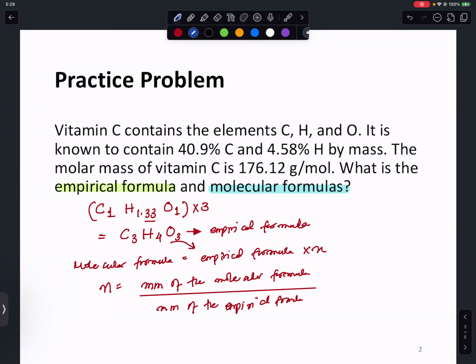Now, the molar mass of the molecular formula is given to me in the question,